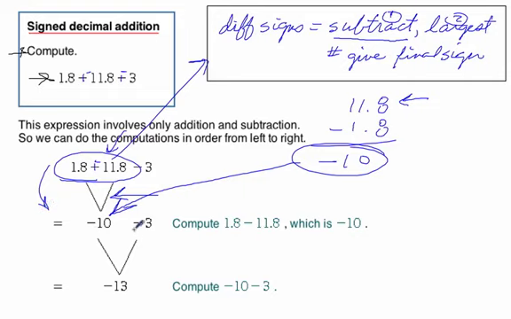Now we have negative 10 minus 3. If we do our bump bump, we have negative 10 plus a negative 3. That's easy. When the signs are the same, and again, notes, same signs, then we add,